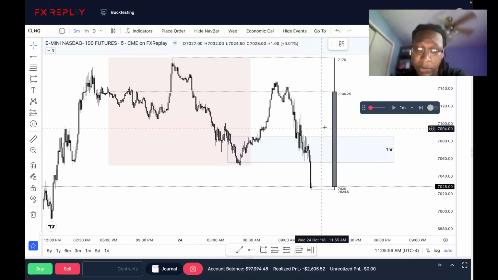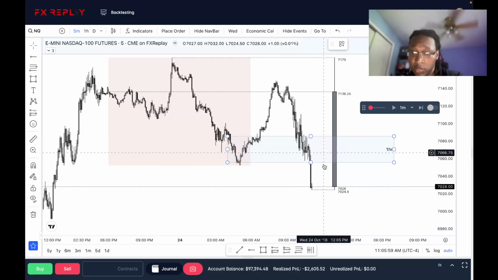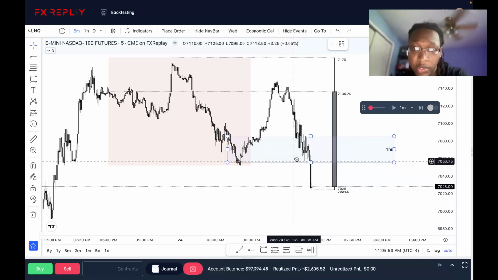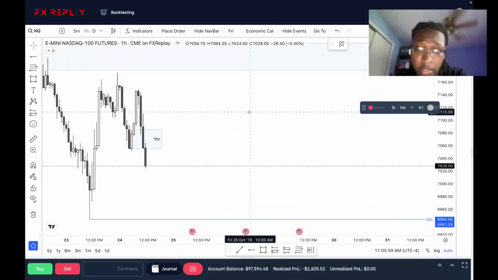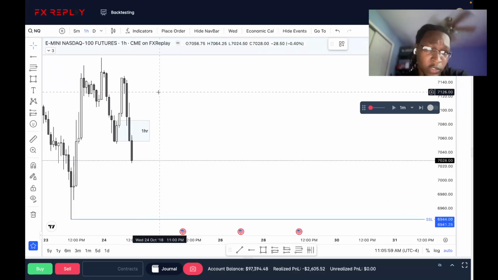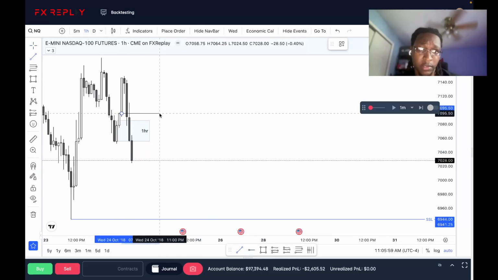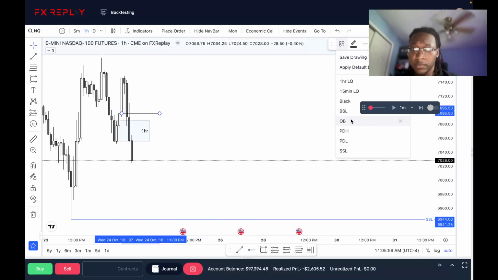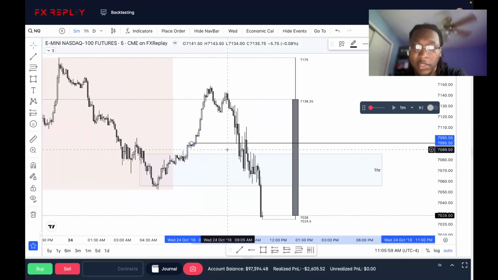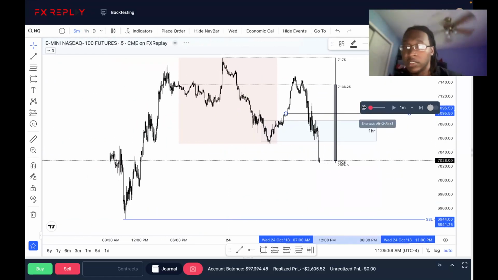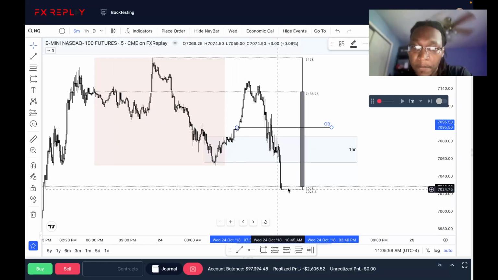But once we do come up into this gap, I want to see either a full fill on a BISI trading lower, creating that change in state of delivery, or just a change in state right there. So if I were to pick a swing high that would be taken out, really none. And then I could just note this order block here on the 1 hour. These are my two levels, my two areas of interest that I want to see price reverse at for lower prices.